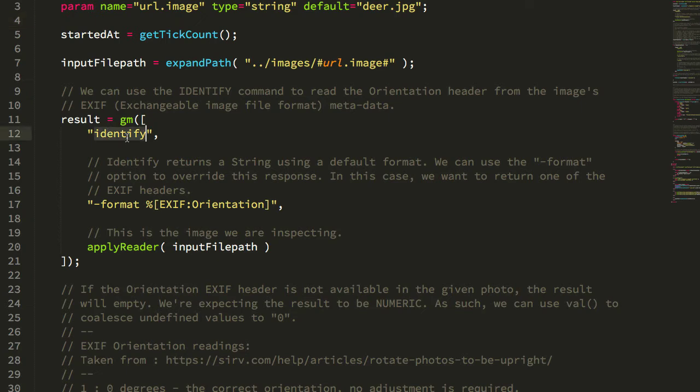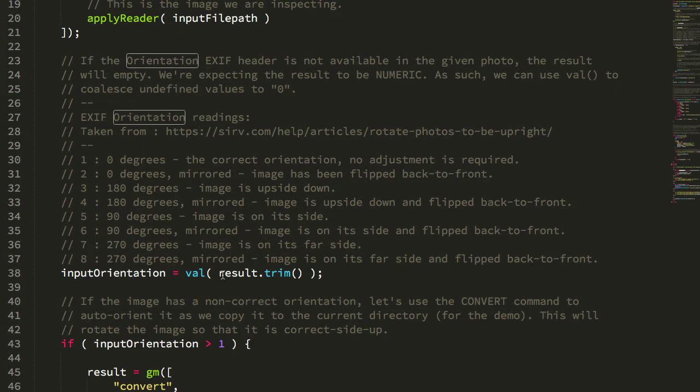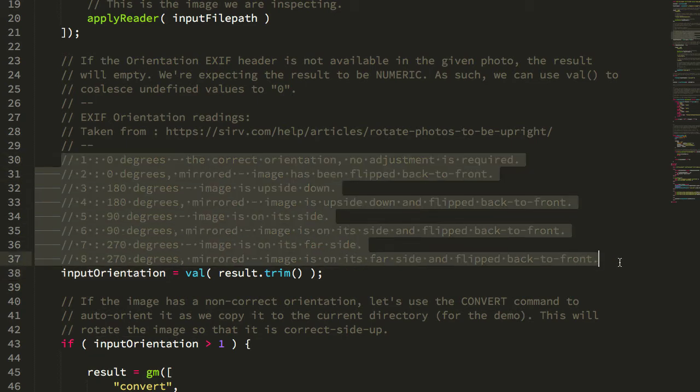image has to be rotated, and we can use GraphicsMagick's identify command to read metadata out of the image, and in this case we're going to use the format operation to determine which string will be returned containing which information. In this case we want to read the EXIF tag for orientation. That's going to return a number as a string if that orientation header exists, or it's going to return the empty string if it doesn't exist. So we can trim that value, use the val command to coalesce it into a number, or a 0 if it's an empty string, which means that our input orientation here will either be 0 or one of the expected